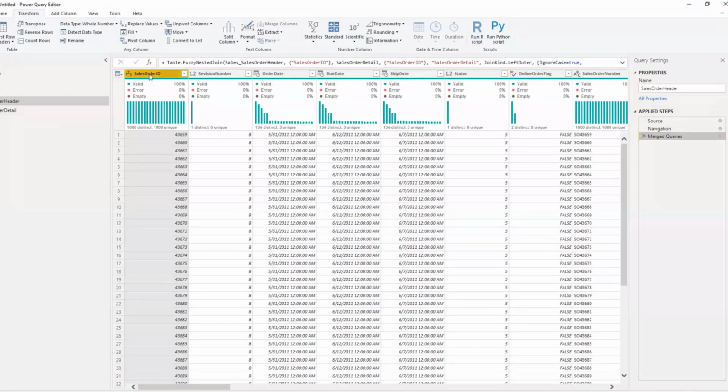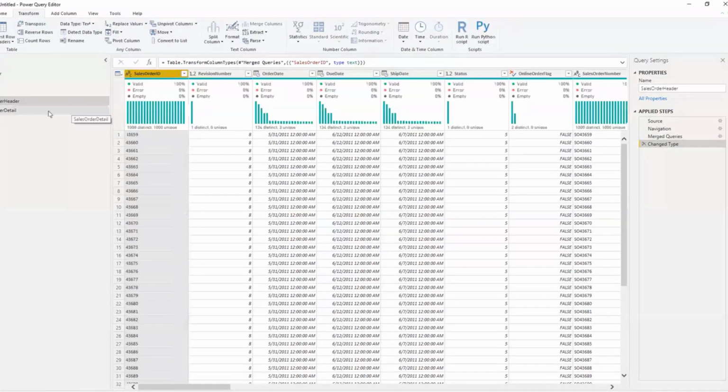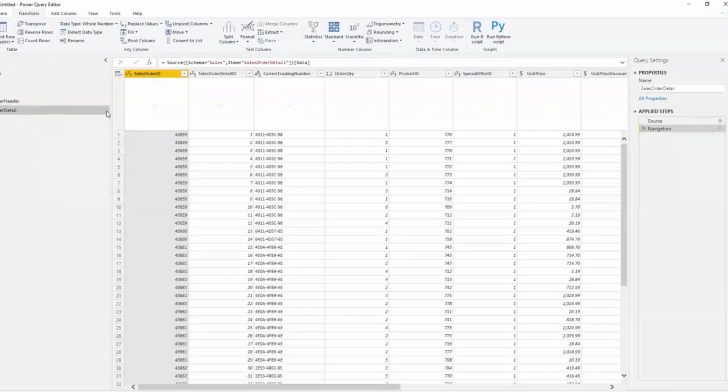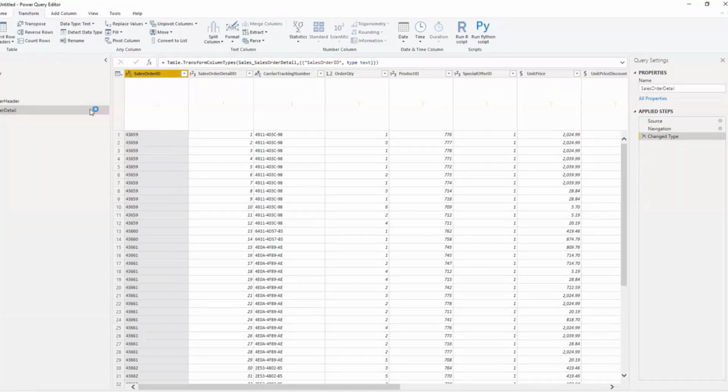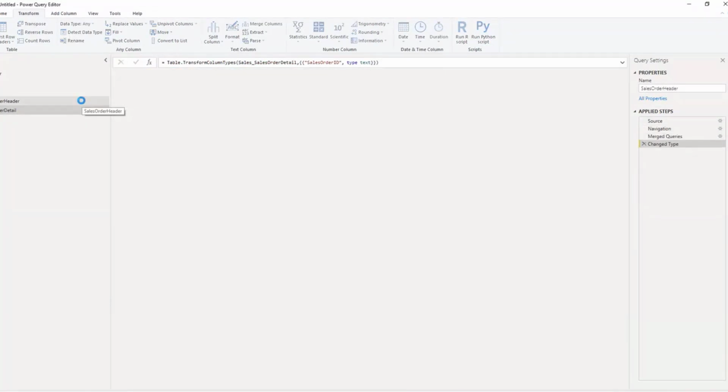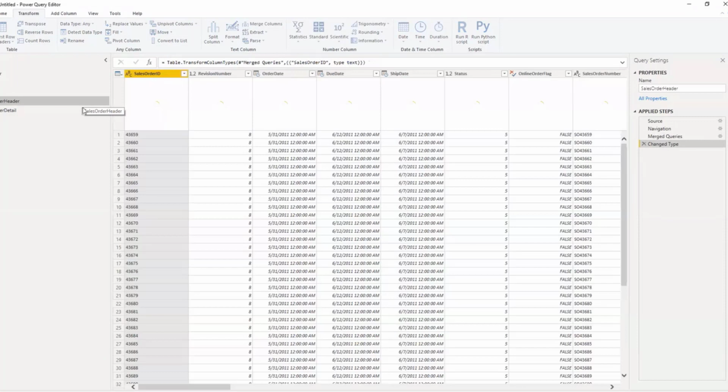I would make sure that this is text, and this is text as well. Hopefully this should sort it out. Let's see how it works. If not, we should be able to drop this and go, which will not cause a massive issue.